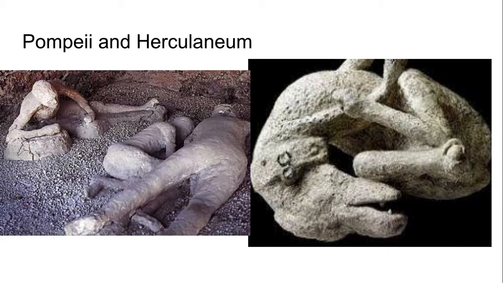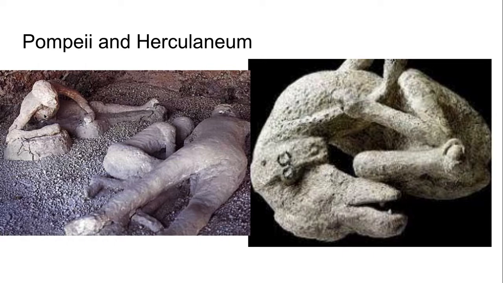So obviously it starts erupting on an August day in 79 AD, and people start freaking out because they're like, what's happening? What on earth is this? A lot of people didn't know what to do, so they just kind of stayed at their homes trying to seek shelter. And this pyroclastic flow ends up hitting the town and burying it in ash and killing everybody and everything in this place.